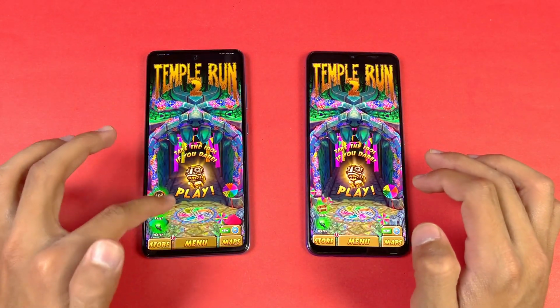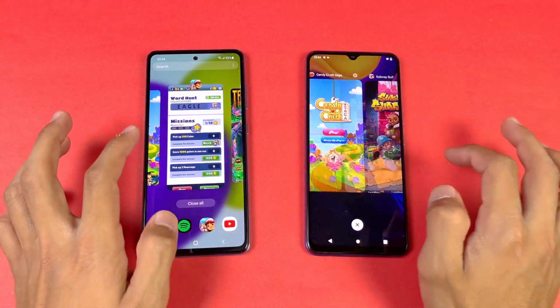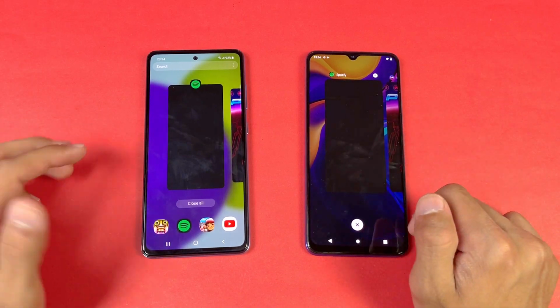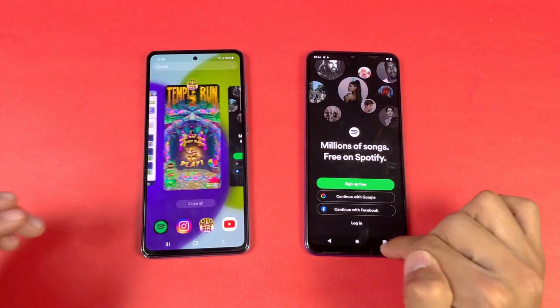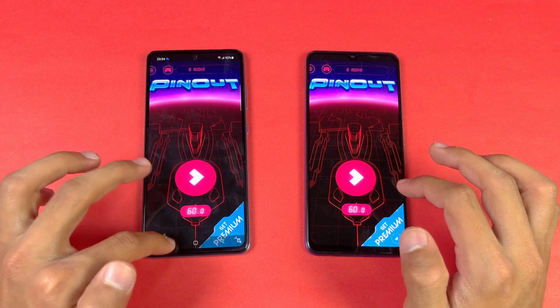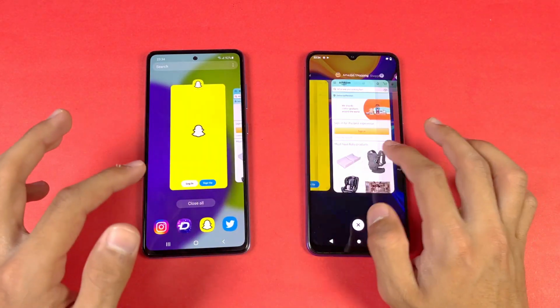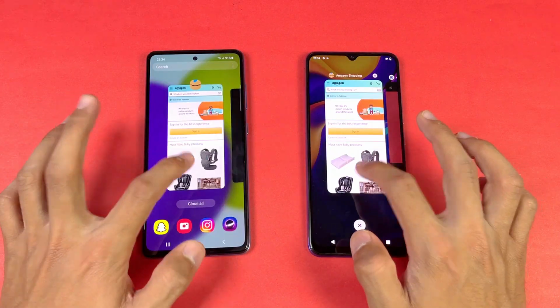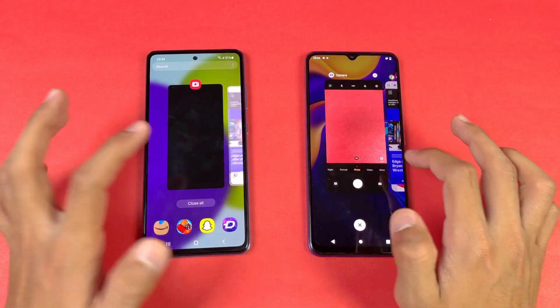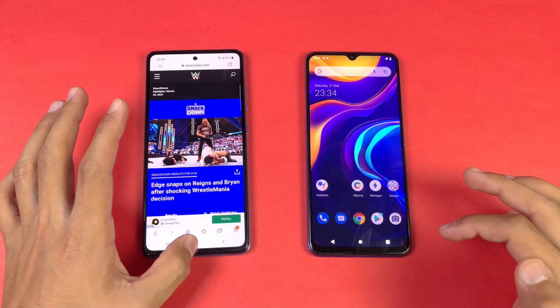Let's see Temple Run 2, and that is not refreshed. So far one application refreshed on the Vivo V20. Spotify, no refresh. Let's see Pinterest, Zedge, Instagram. Let's see Snapchat, Amazon Shopping. Lastly, back to the internet browser where we left off, and you can see.